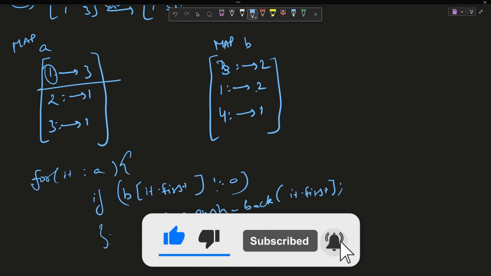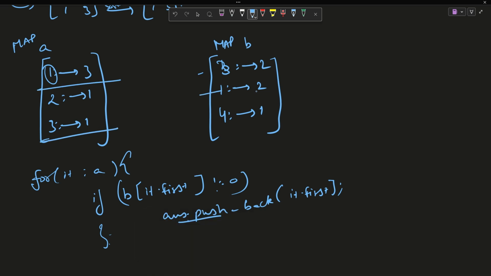So this will be there because this is present here. This will be there because this is present here. 2 will not be found, hence it is not in the intersection. So 1 comma 3 will be my answer again, right? I don't think there is any problem in understanding this, but the main thing, the optimized approach, is what is